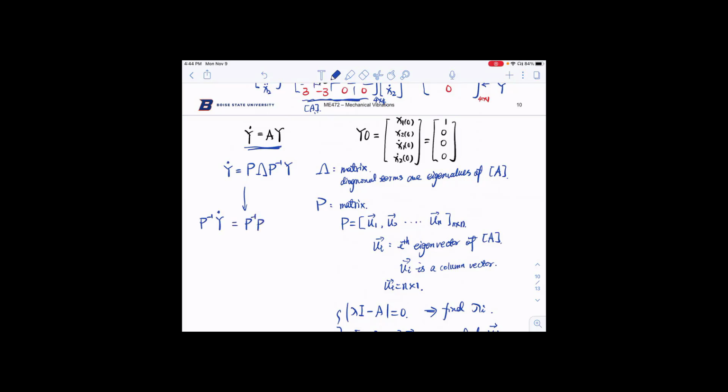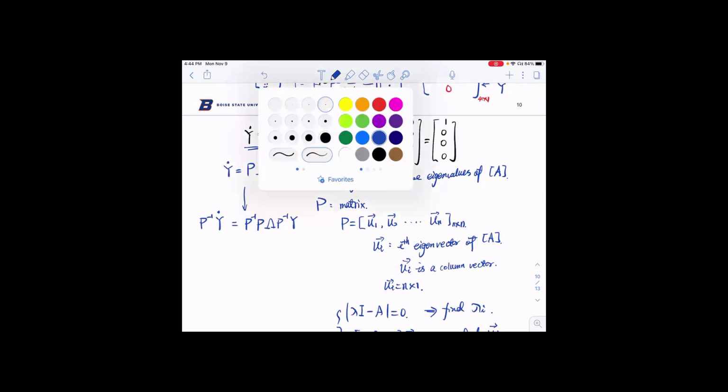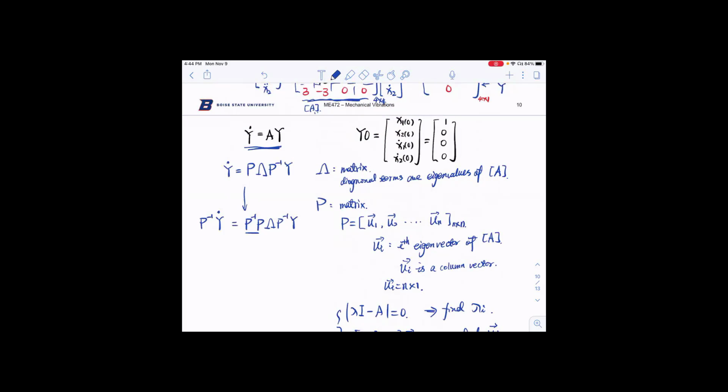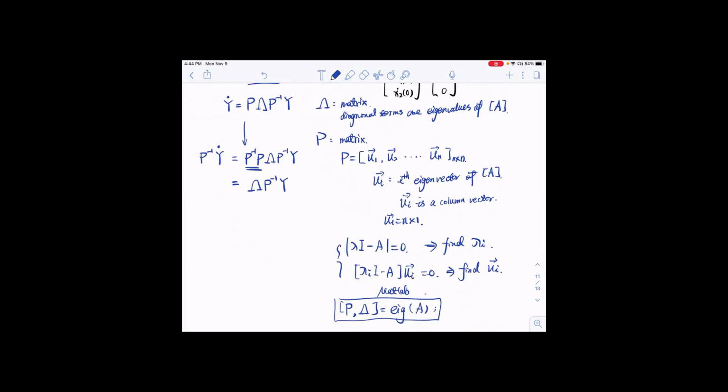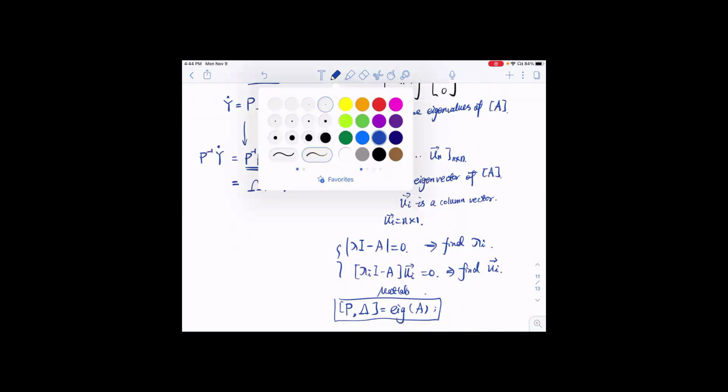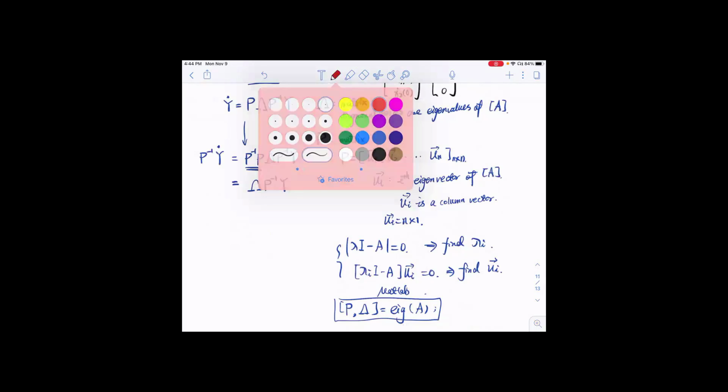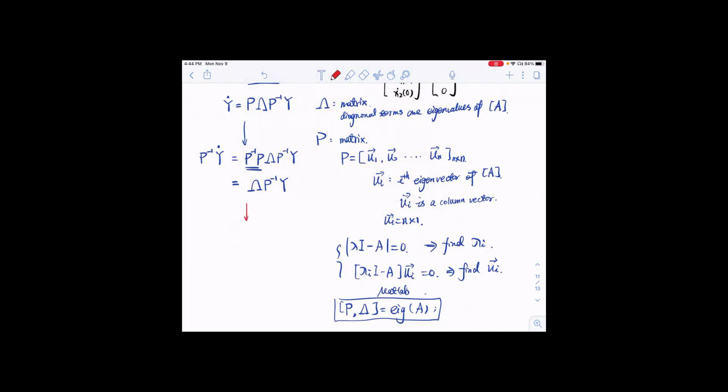P inverse P lambda P inverse Y. All right, so up to this point, you can see that P inverse times P forms the identity matrix, so you can directly write everything as lambda P inverse Y. Okay, so then you see you have P inverse Y on both sides. And for step 3,